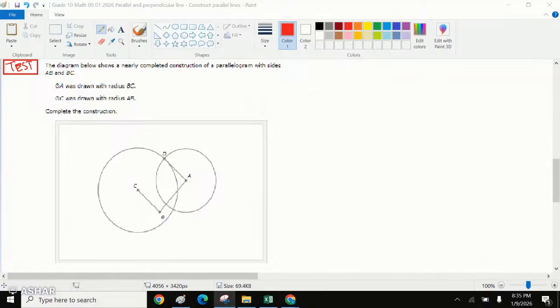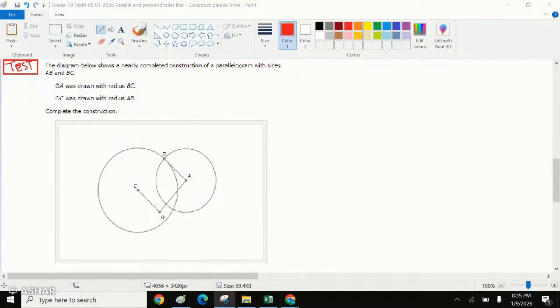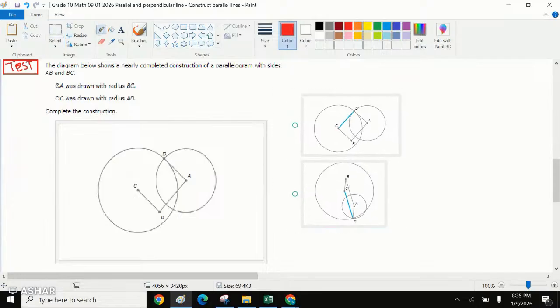The two options that they are giving to us are option A and option B. We need to identify which option is the correct option. Okay, would it be option A or option B? I'll just highlight this. Let's say this is option A, let's say this is option B. For a given diagram, in this case, can we say these two lines are parallel, right? If these two lines are parallel,